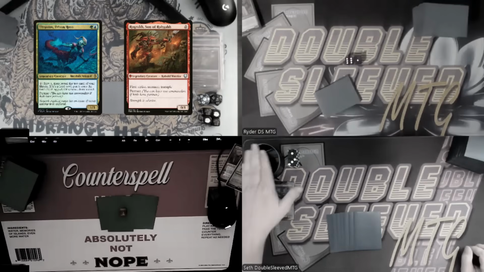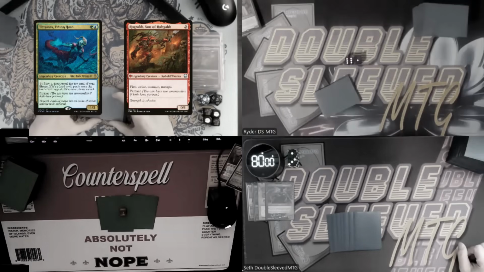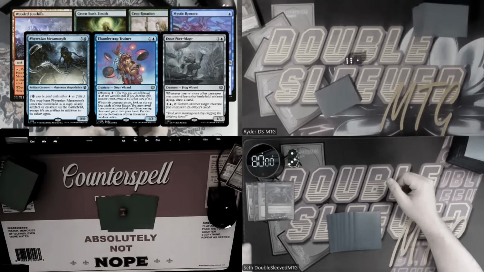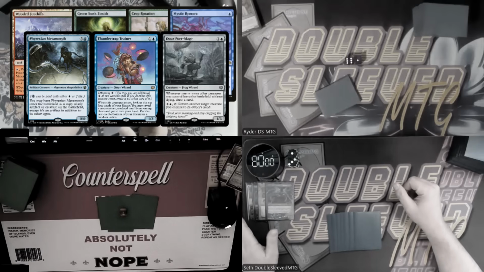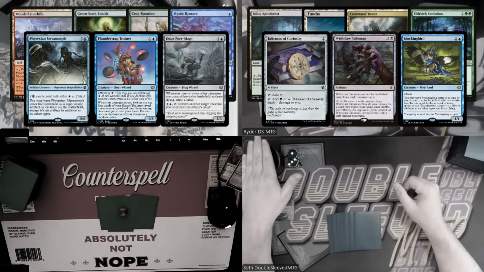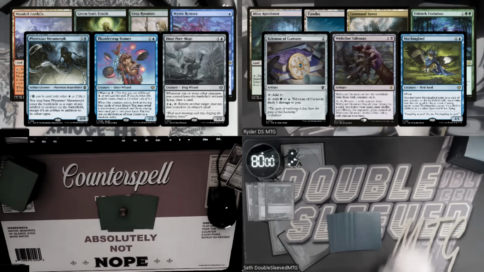Nate is starting us off in first seed on a mulligan to 6, as another newcomer to Rog-Thras. Nate kept a hand of Wooded Foothills, Green Sun's Zenith, Crop Rotation, Mystic Remora, Phyrexian Metamorph, and Thunder Trap Trainer, and his mulligan was a Dowsing Mage. Riders is in second seed on Tymna Thrasios with a Misty Rainforest, Tundra, Command Tower, Eldritch Evolution, Talisman, Wishclaw Talisman, and